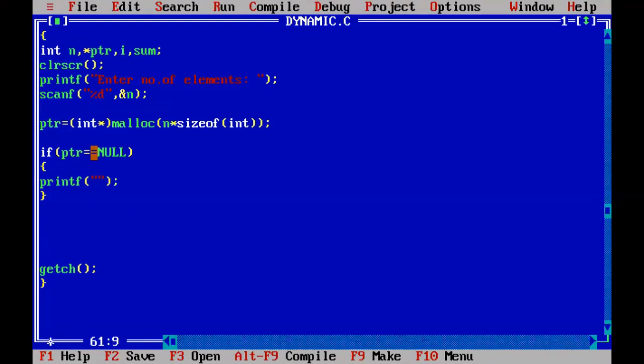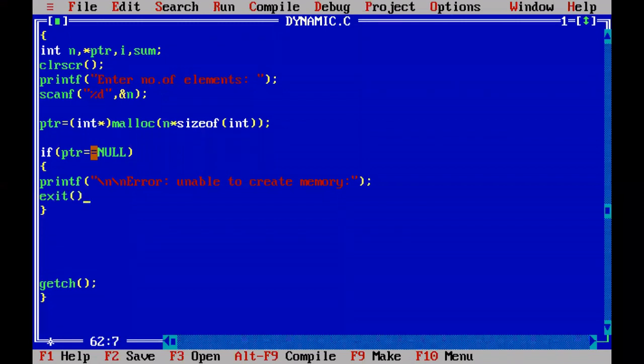You print one error message, "error: unable to create memory." Like that, you print one error message and close the program with the exit 0 function.